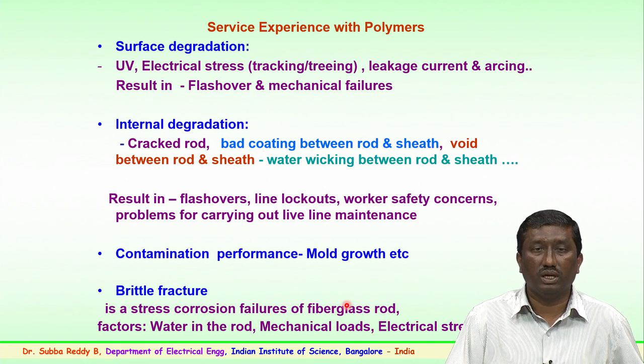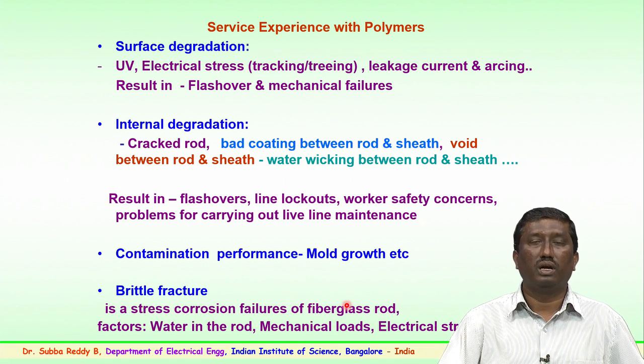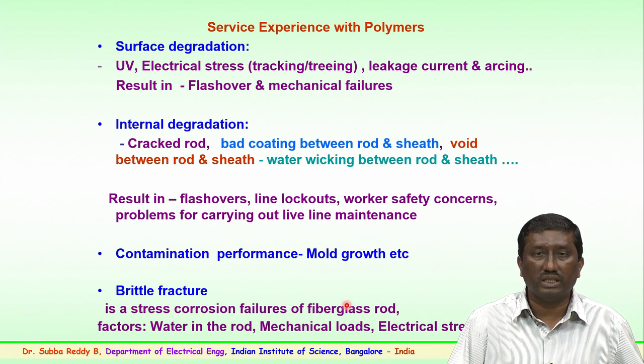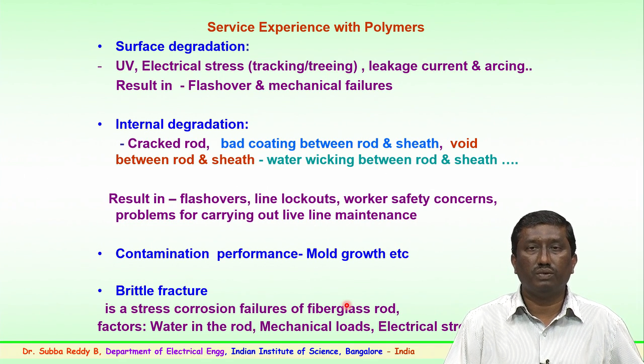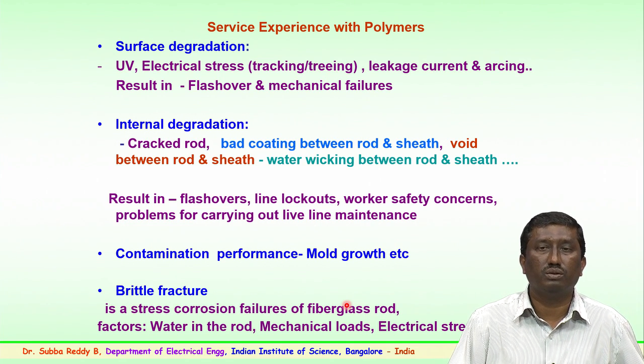And brittle fracture, again, I was mentioning brittle fracture. This is a stress which has happened on the fiberglass rod, or a corrosion failure of the fiberglass rod. Factors could be water entering into the rod because of the mechanical load and electrical stresses, and the formation of nitric acid because of this moisture, and over a period of time could lead to the fiberglass rod becoming brittle and fracture taking place. A few of the experiments which we have also carried out in the laboratory, we will be demonstrating